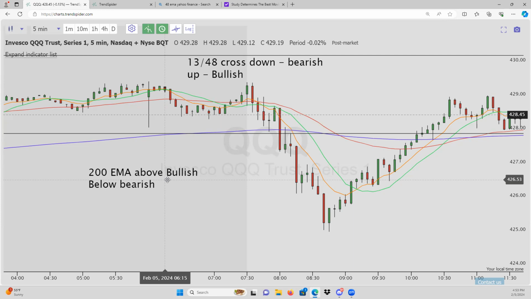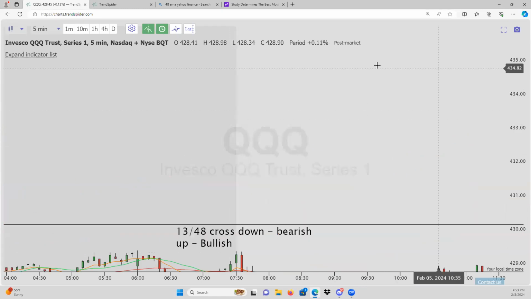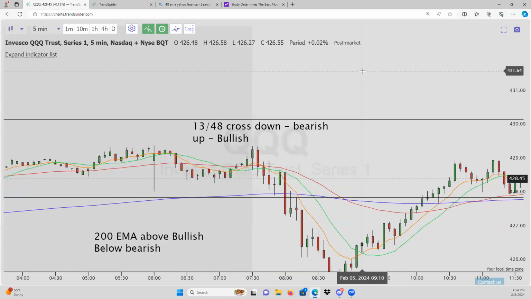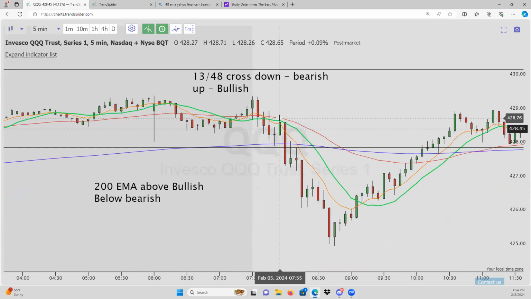So even though we had these six confluences going for us, it still could have not worked out. We still could have bounced here, could have went into high of the day, broke a new high, and could have ran all the way to 435, right? That could have happened. That's the market. It doesn't mean when you take a trade, nothing is for certain, right? Even if you have 20 confluences saying that it's going to go this way, it can still not go that way, and you can still lose on the trade. But the more confluences, the higher probability that you have that the trade will work out.